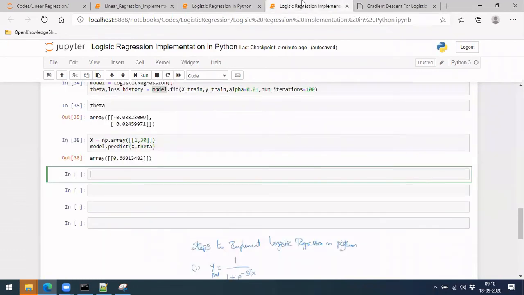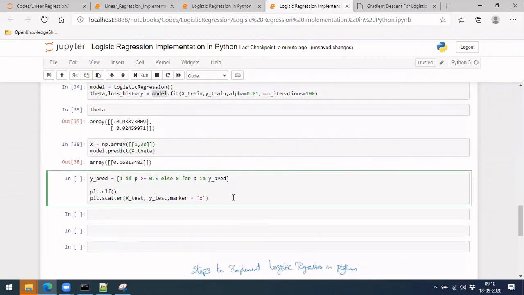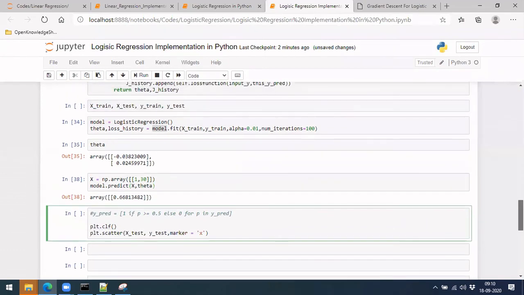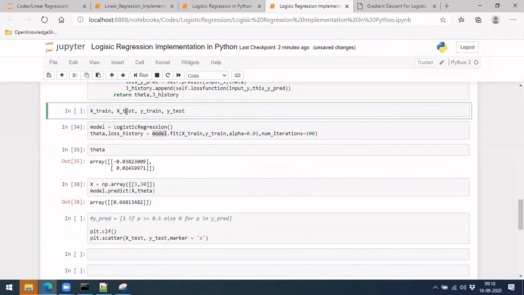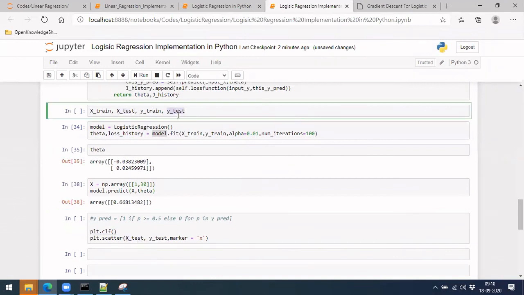Okay, now we have something, right? So let's plot it on test. Initially nothing is there. Let me plot the x test, what we have split, right? We have to evaluate our data. So what I'm trying to do here is plot x test and y test.